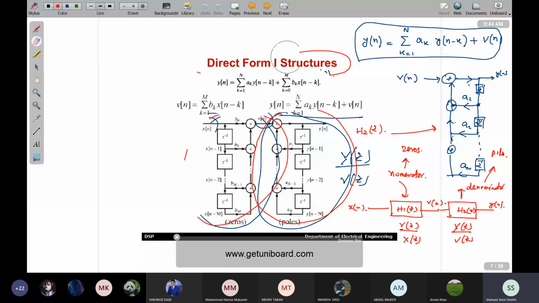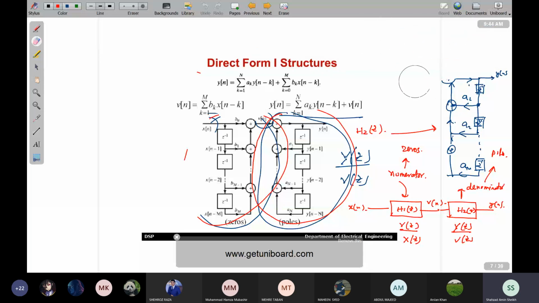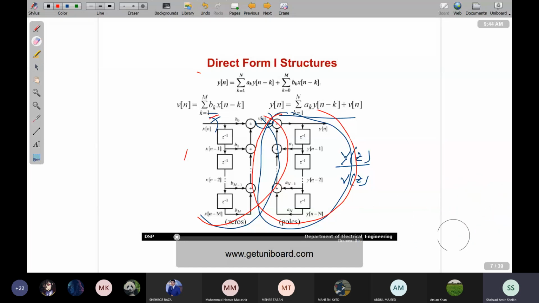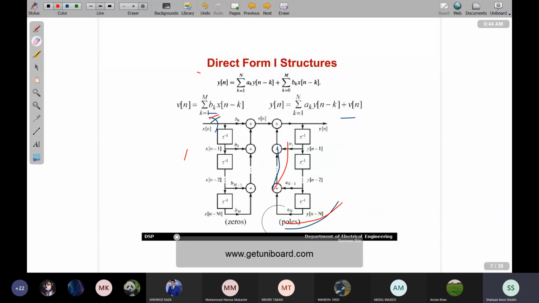Okay, let's extend the matter a bit and move towards slightly more complicated things. Okay, this is my difference equation: y of n is equal to summation k is equal to 1 to n ak y of n minus k, the autoregressive portion, and this is my moving average portion. And now I am interested, it is generalized, there can be m terms in my moving average portion, there can be n terms in my autoregressive portion, and now I am interested in implementing this generalized difference equation in a